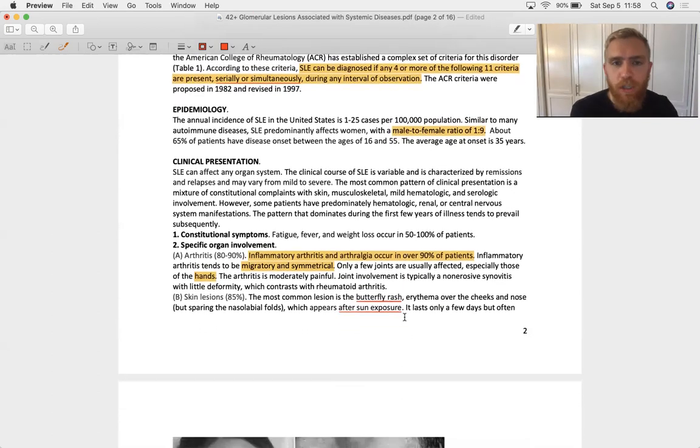We've got a diagnostic criteria for lupus, and you're going to diagnose lupus if any 4 of the 11 criteria are present either serially or simultaneously during any interval of observation. So serially, that means in sequence. So maybe they've got the malar rash and then it goes away, and then maybe they've got an arthritis and that goes away, and then maybe they've got a pericarditis and then that goes away, and then finally maybe they come in and they've got an anemia. And so that would be 4 criteria in sequence, and that would count,